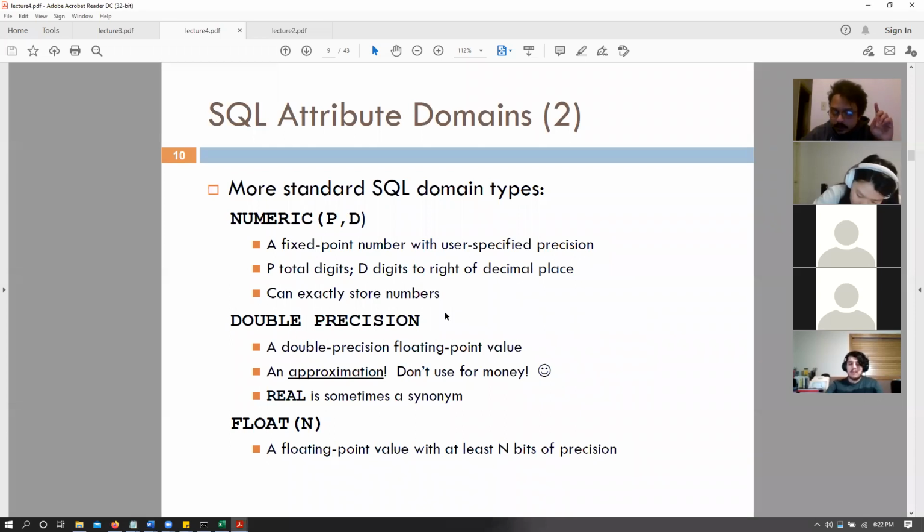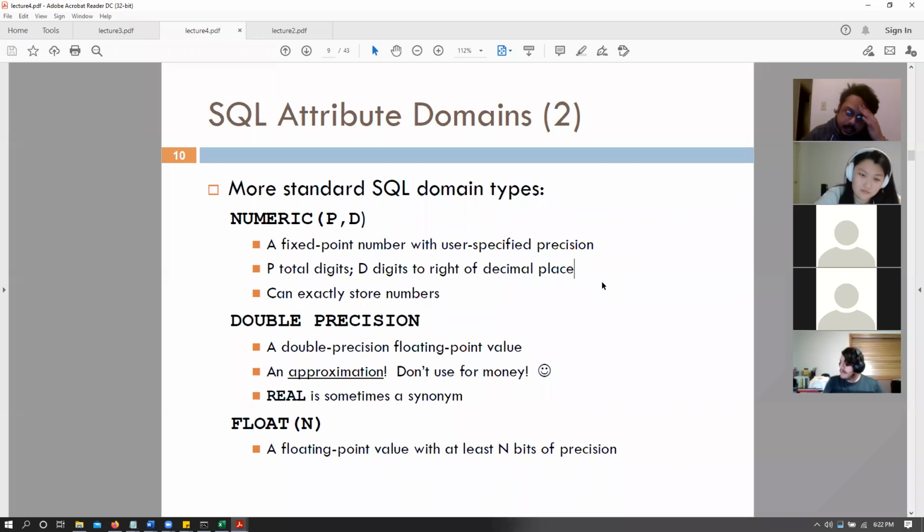Then we have double precision and float precision. But before I do that, everyone understands that P is the total number of digits and D is the digits right of the decimal place. Different database implementations allow for different ranges for these numeric values.